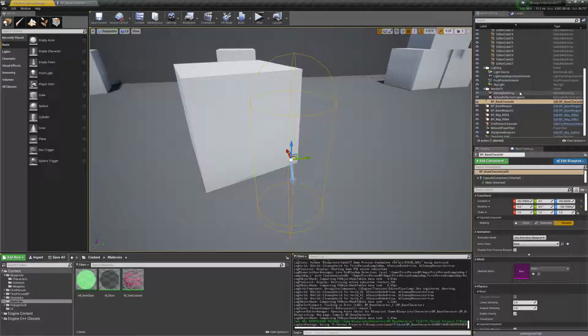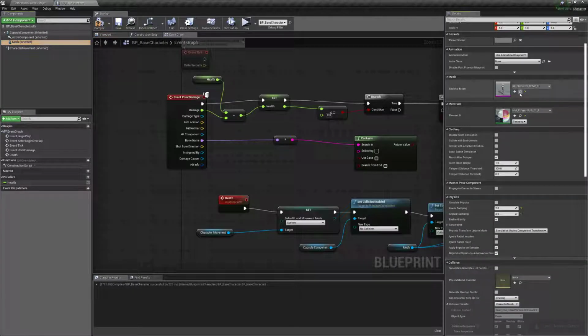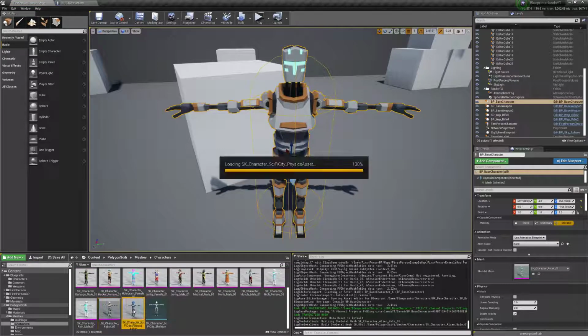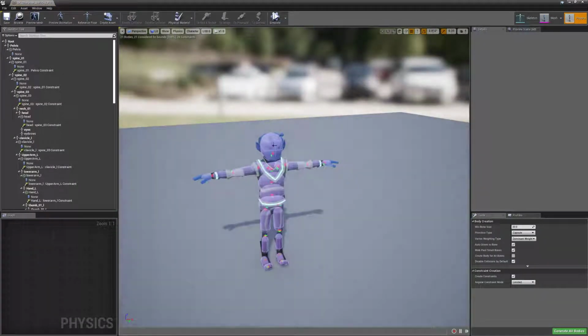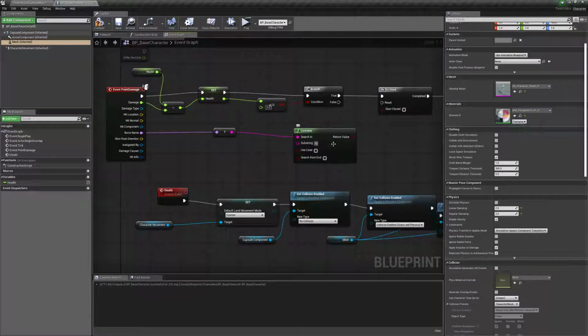So let's just go to the... Whoop, that's not what I wanted to do. Go to this guy. Where's the physics asset? Here's the physics asset. So what is this? Head. Okay, so that's just it. So it contains head,